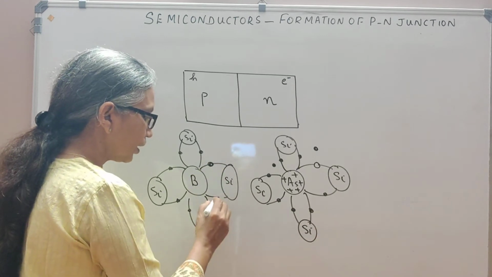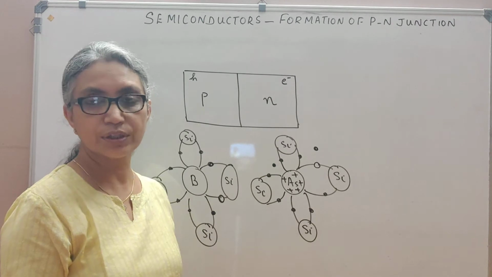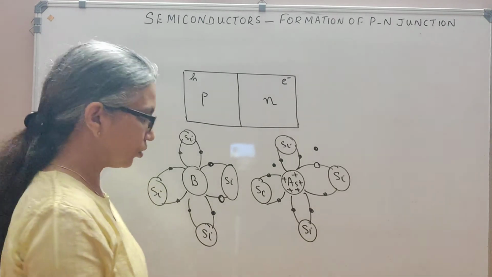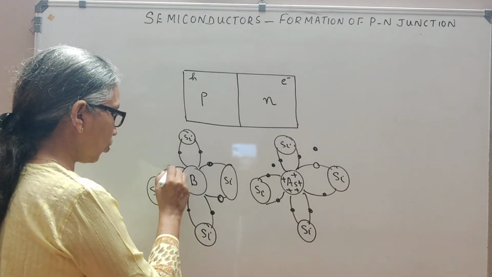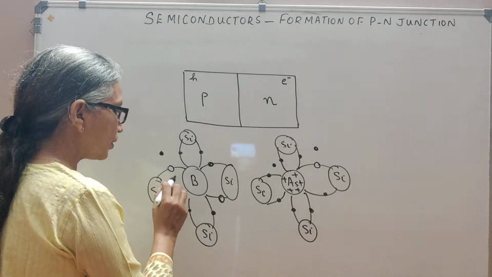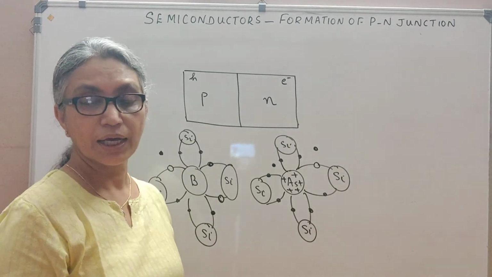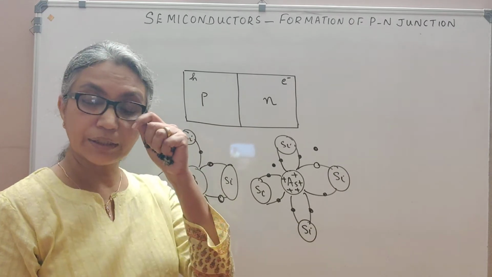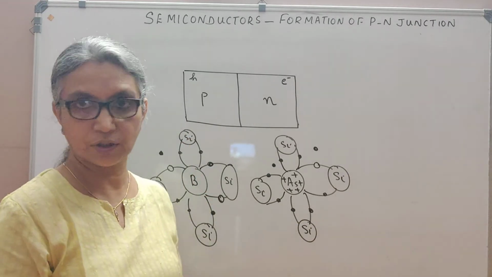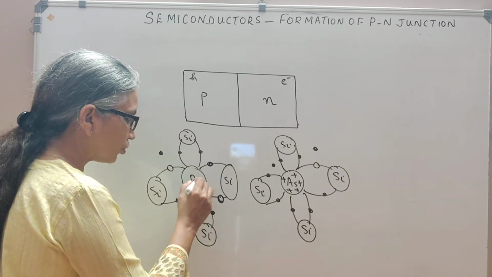Let's draw it here. Here there is a vacancy of an electron, which is what you call a hole. So, when you supply temperature, let's say one breaks free and there's a hole here and there's an electron. So, you will see the number of holes is greater than the number of electrons, and therefore we say it is a p-type semiconductor, but it is not positively charged because even though we have a hole here,